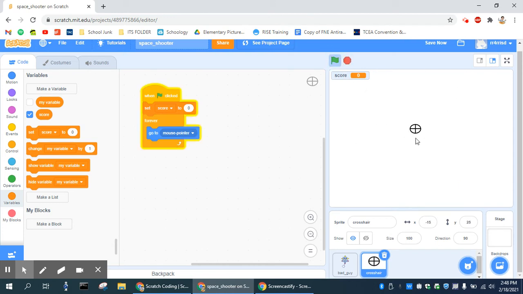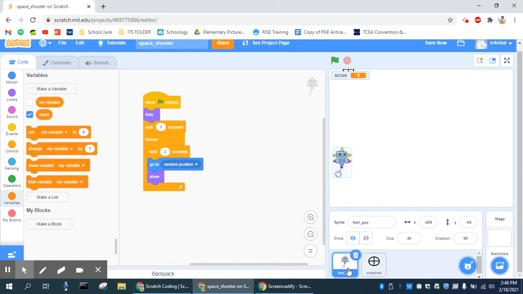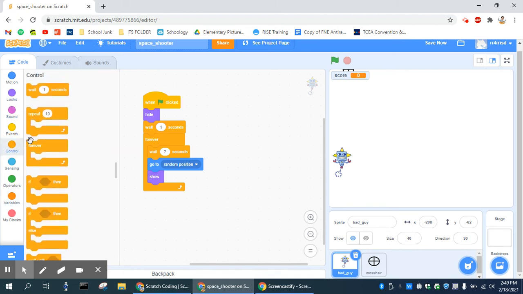I sense that the crosshair is on the robot and the user pressed a button. So what we're going to do is make what's called a broadcast. We're going to make a fire button and we're going to say